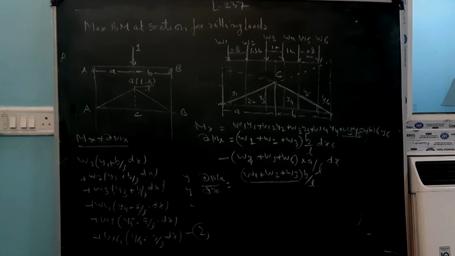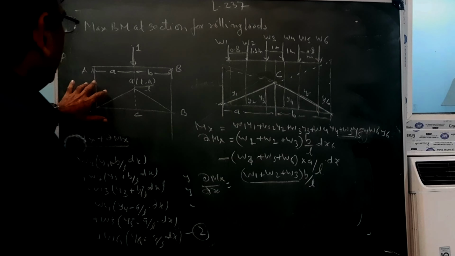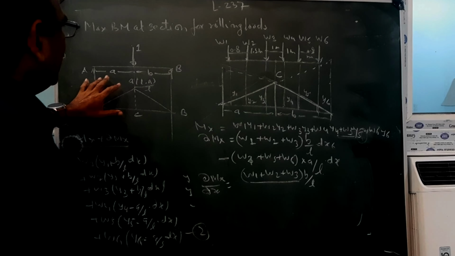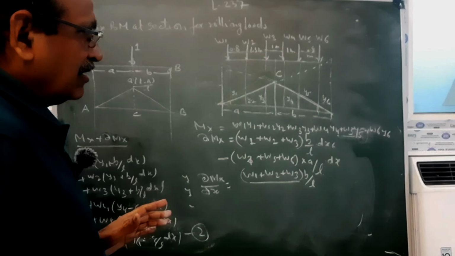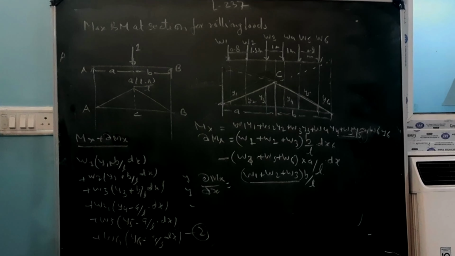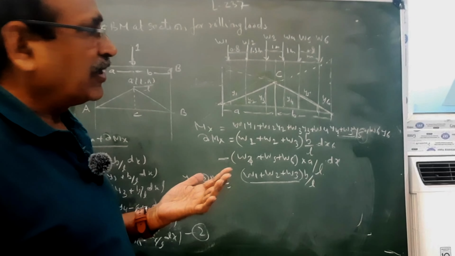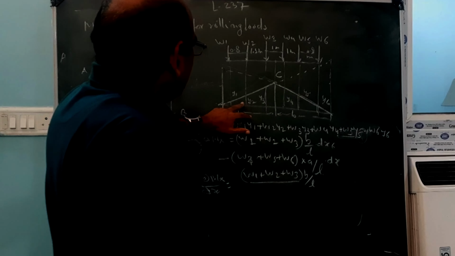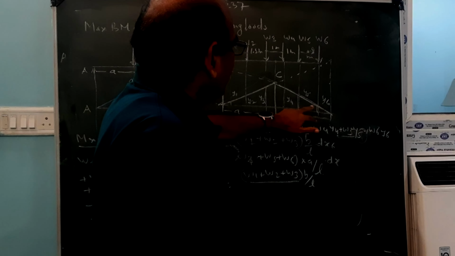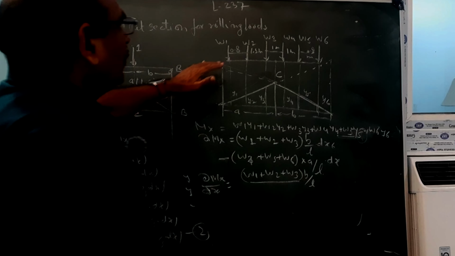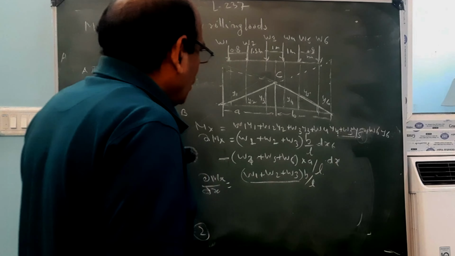हेलो एवरीवन, दिस इज लेक्चर 237। इस लेक्चर में हम सपोज करिए बीम के लिए मैक्सिमम बेंडिंग मोमेंट किसी पर्टिकुलर सेक्शन पे फाइंड आउट करना चाहते हैं। सपोज करिए किसी सेक्शन पे हम फाइंड आउट करना चाहते हैं तो कितनी मैक्सिमम वैल्यू होगी। तो इसके लिए क्या करेंगे, मान लीजिए डिफरेंट y1 y2 y3 y4 y5 y6 ये इसके ऑर्डिनेट हैं और ये हमारा लोडिंग का पैटर्न W1 W2 W3 W4 W5 W6 है।